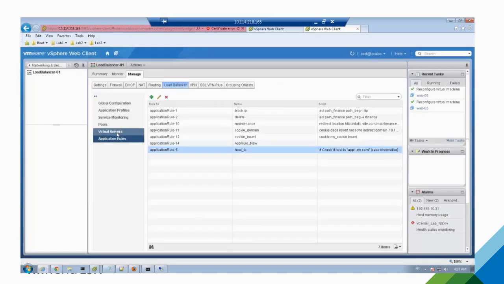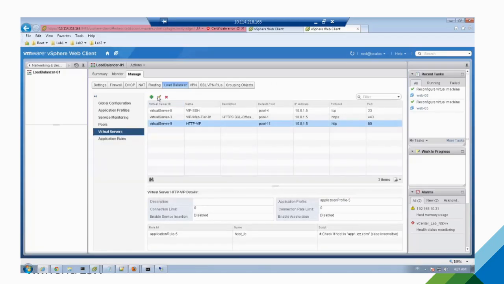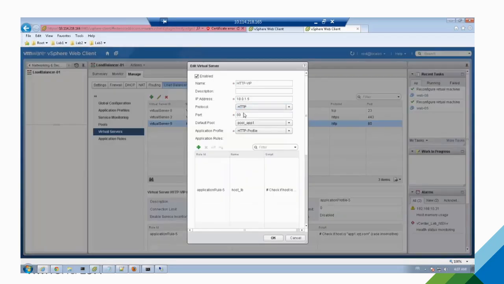Too slow, too fast, boring? No? Okay, I'm paid to go up to the end. Then I create my VIP, and I use the pool app1 as default. I use the HTTP profile where I have no persistence, nothing, and I apply the application rule. Make sense? So pretty straightforward. I don't say no other load balancers cannot do it. I just say we can do it too.